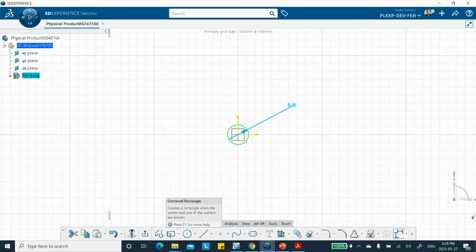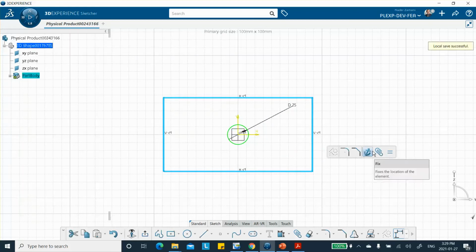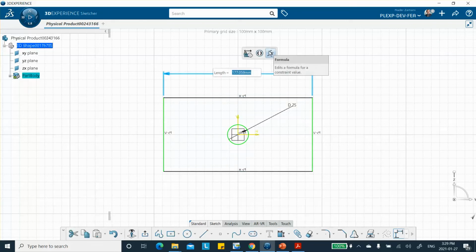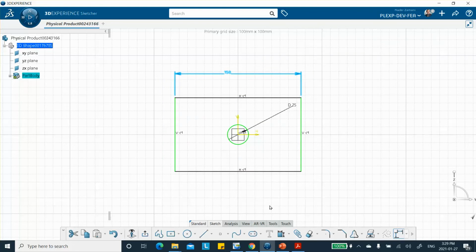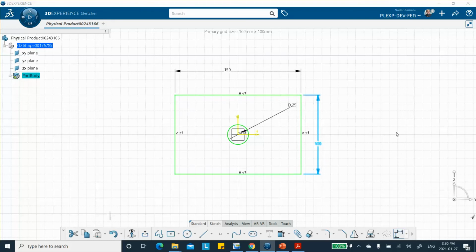And then we have a rectangle. And the dimensions of the rectangle are 150 by 100. So this is going to be 150 by 100 on the side. And oops, it's 100, right? Okay, and then exit